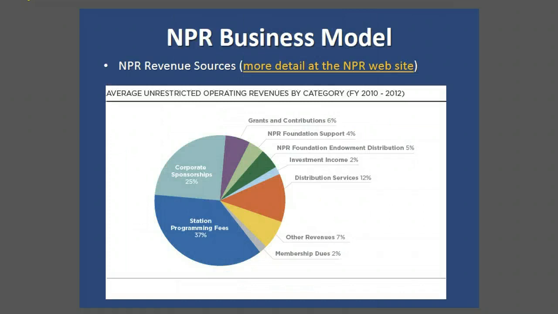If we look at NPR's business model, you see that their main two sources of revenue, the largest chunks of this particular pie graph, are corporate sponsorships and station programming fees. So they don't depend on their website or mobile app to actually generate revenue, but rather to build their audience, to carry out its mission, and hopefully then to continue to receive revenue from these existing sources, especially those two largest sources. To the extent that the mobile app succeeds in helping NPR carry out its mission, it protects the organization's